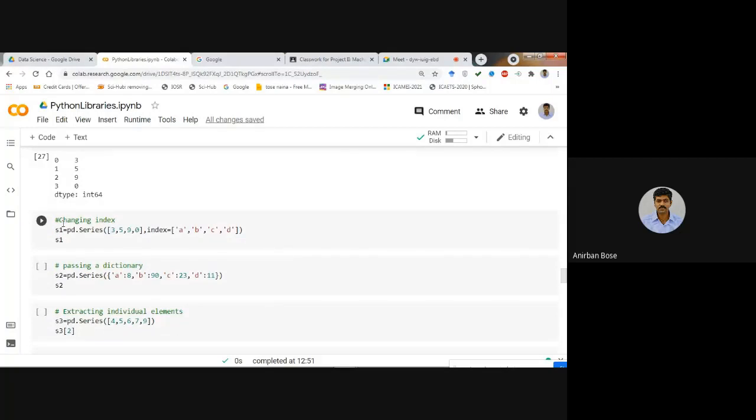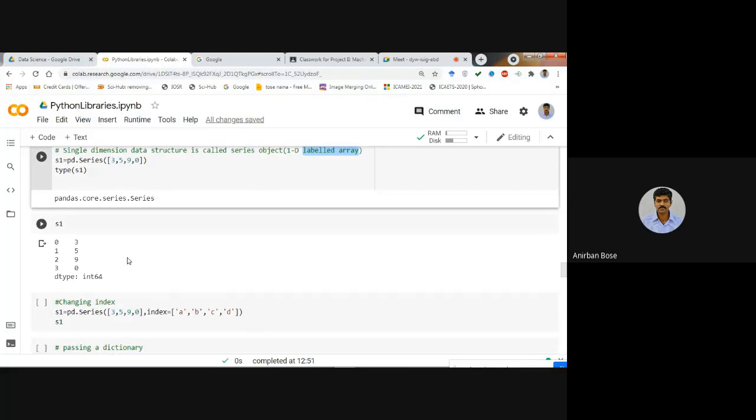Now suppose you want to change the index. That means instead of 0, 1, 2, 3, if you want to make it A, B, C, D like that, then what you can do is write S1 is equal to pd.Series, then you write that particular series, and then you write a comma and index equal to, and pass this list, where that list contains the indexes that you want to change.